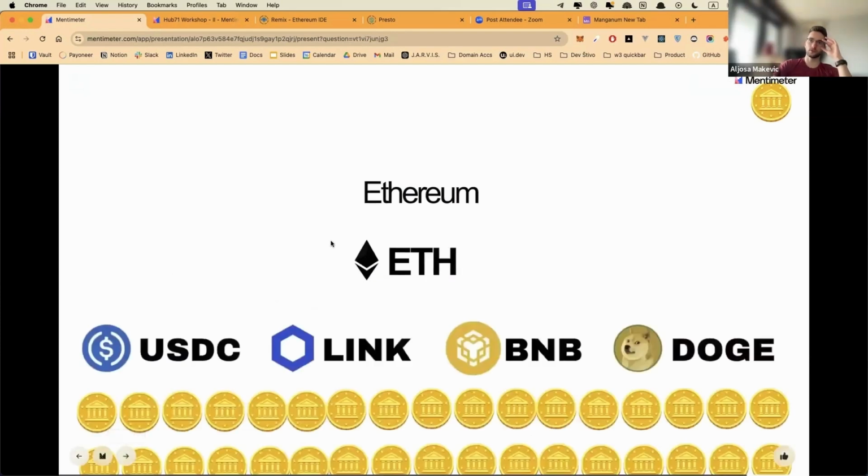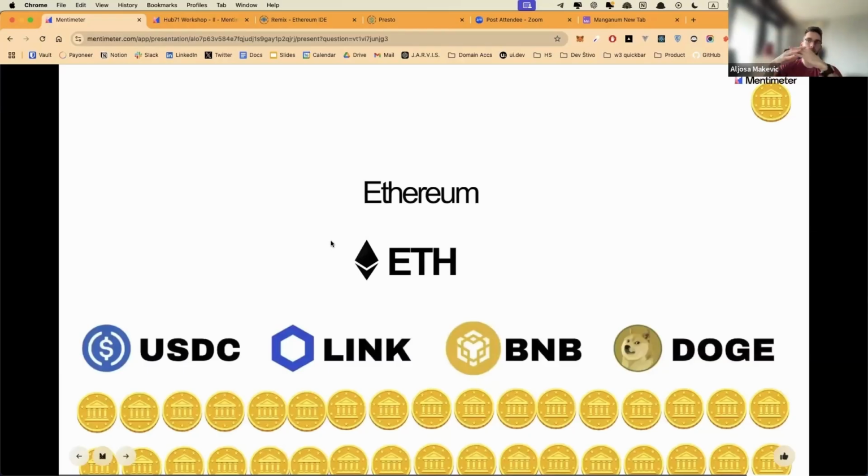And of course, there are a bunch of other different tokens. I would just like to mention USDC. That's interesting because it's a stable coin, and a stable coin has a persistent value of $1. It's linked to $1 through some math that I do not understand, but it is linked to one consistent value.